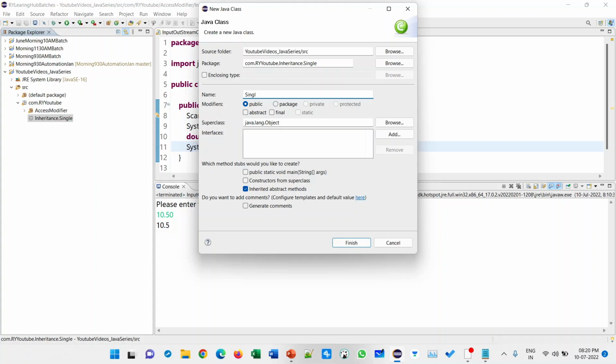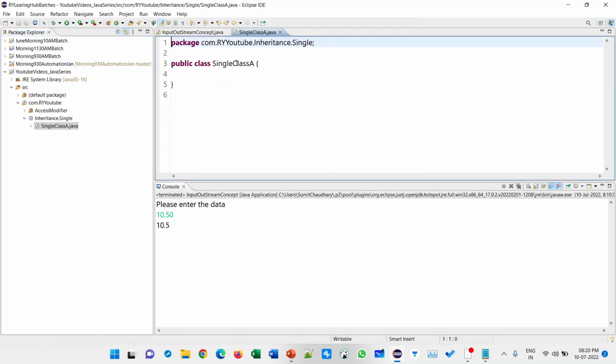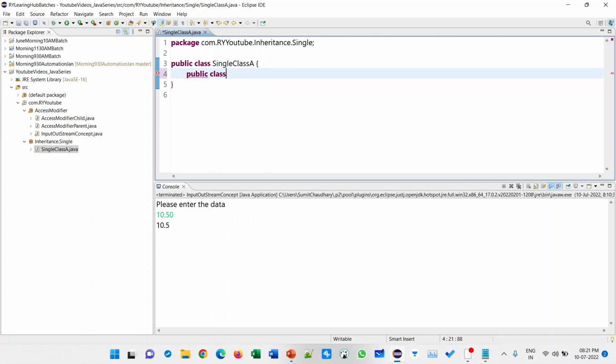Single class A. Public void class A method.